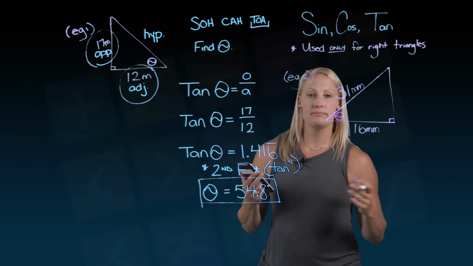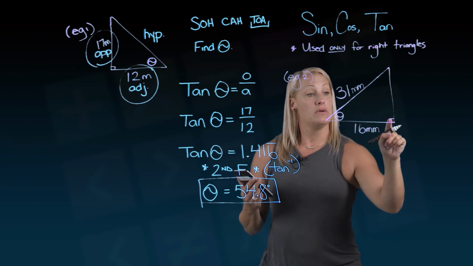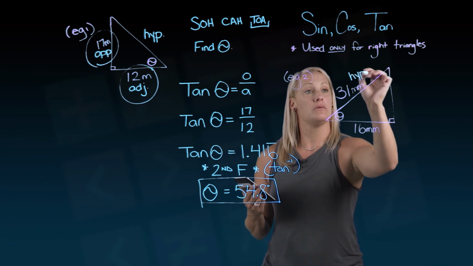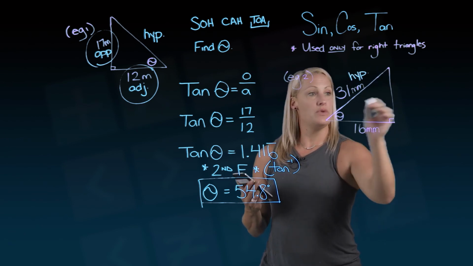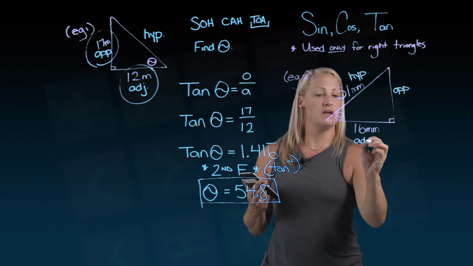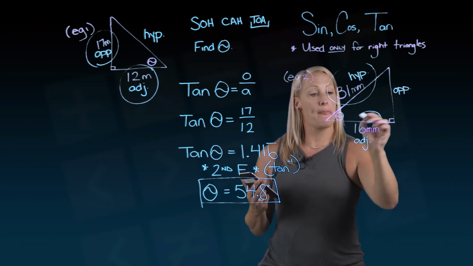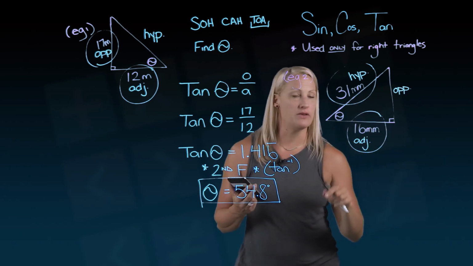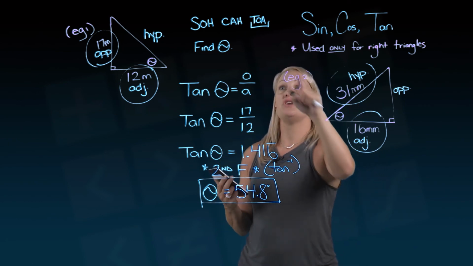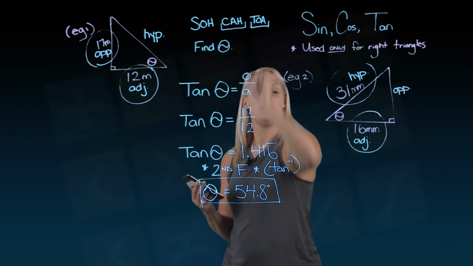So here we've got another one. If I want to get this one done, what I want to do first is label it. So here's my right angle, directly across from it, hypotenuse. And then here is the angle I'm using. So this guy is the opposite. And my leftover guy is the adjacent. So this time I am using my hypotenuse and my adjacent, not worrying about the opposite. So different situation, I'm not going to use tan this time. Hypotenuse and adjacent. It looks like this time I'm going to use cos because it uses adjacent and hypotenuse.